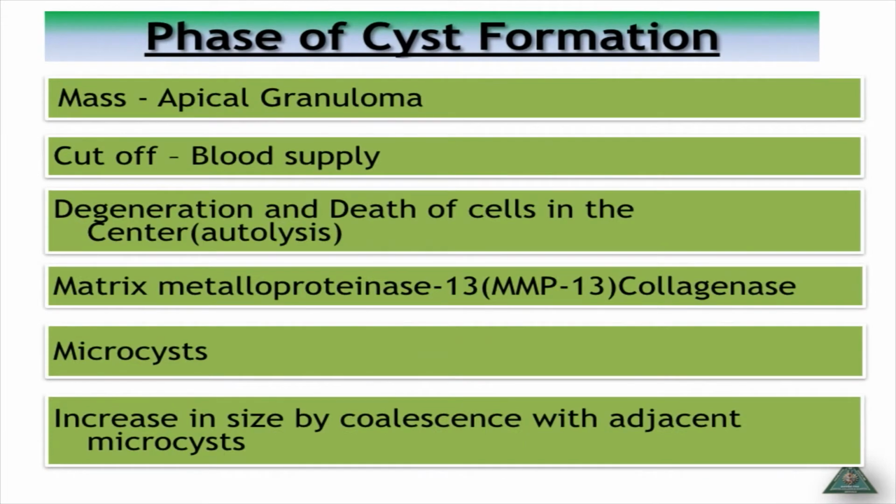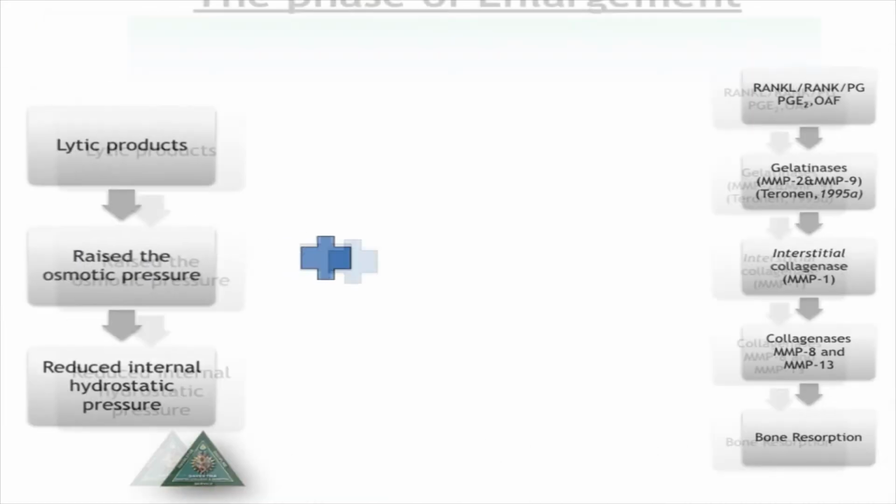The second is the phase of cyst formation. In this, the mass of apical granuloma is produced. As it increases in size, the central part is cut off from the blood supply and goes for autolysis. In the meantime, there's a secretion of matrix metalloproteinase and collagenase enzymes which dissolve the matrix substance and form an ovoid called a microcyst. And these microcysts combine to form a bigger cyst, which leads to the third phase,